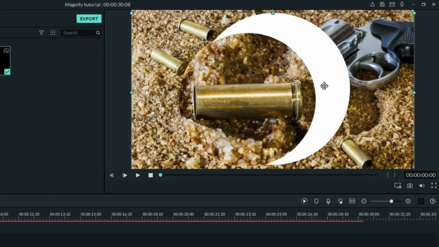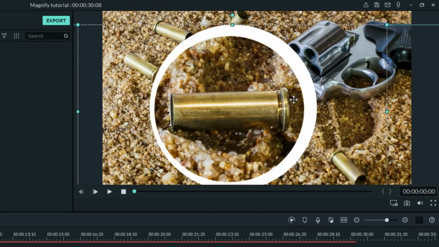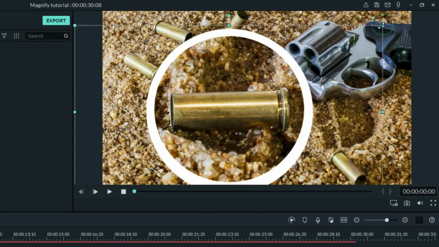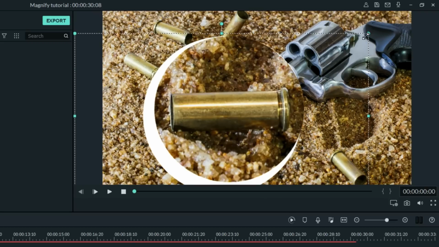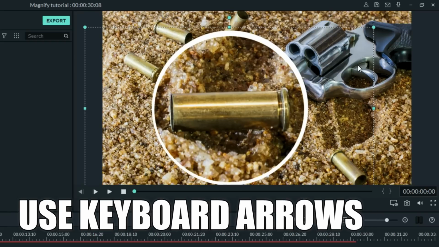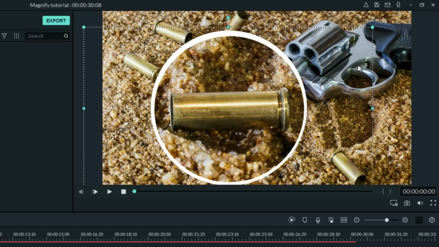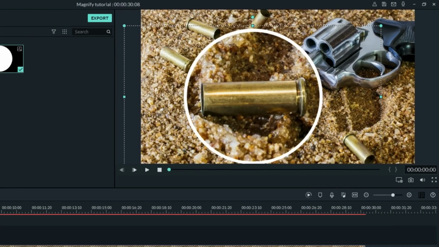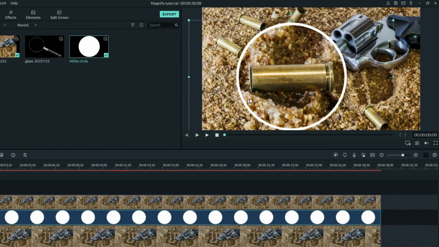upper right preview window, I can now move that white dot around. Now it's a little bigger than I need, so I'm going to left click, drag, and reshape it just a touch. What can be really helpful here is using the arrow keys on your keyboards for minute adjustments. I just want to make it look more like an outline for that particular shape. That looks pretty close. So now what I have is the lower track, the circle track, and then the magnified